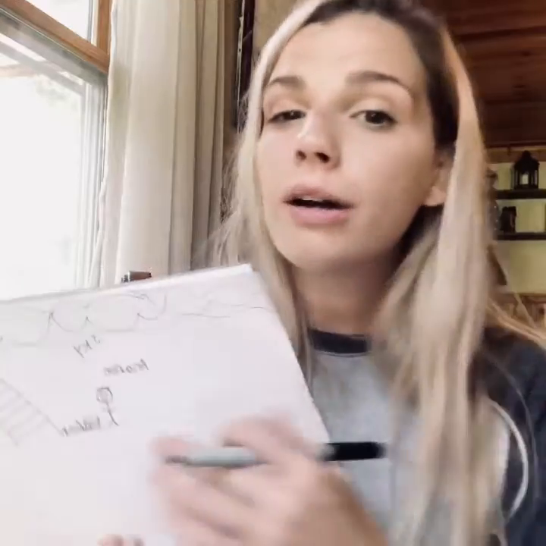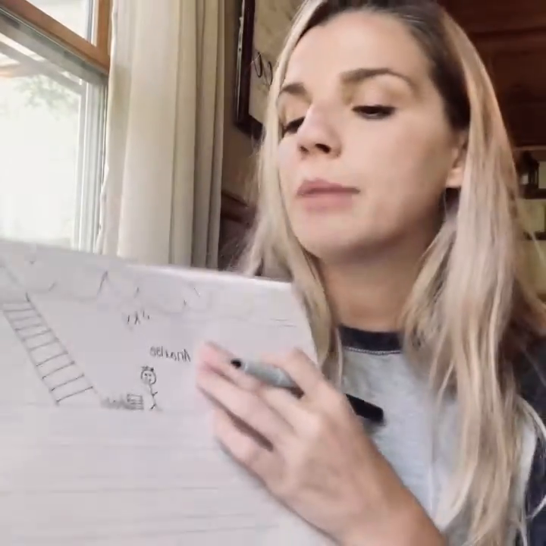Now I need to write my sentence. Remember, I want to make it short and sweet, but still relevant to my topic. So the prompt was, write about your favorite part of the book. So my favorite part was Anansi bringing the box back to earth. That's kind of long though, so let's make it even more short and sweet. Anansi brings box to earth. Super easy, right? So let's do that. And we already know how to spell Anansi because it's right here in our label. And remember, we're gonna start with our big A all the way over here at this end.